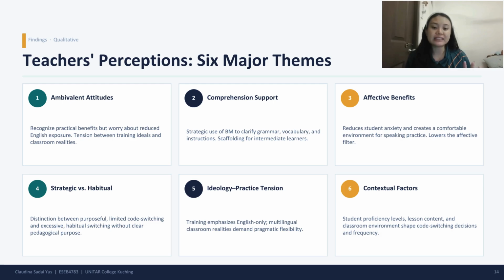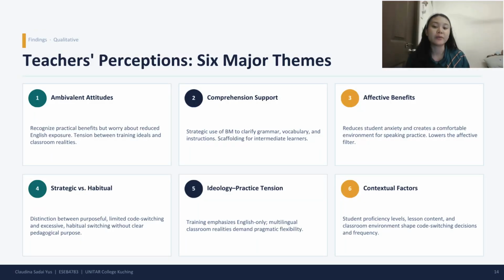Number five is ideology-practice tensions: the training emphasizes English only, but multilingual classroom realities demand pragmatic flexibility. Number six, the last one, is contextual factors, where students' proficiency level also impacts how they understand and speak well during the speaking sessions and